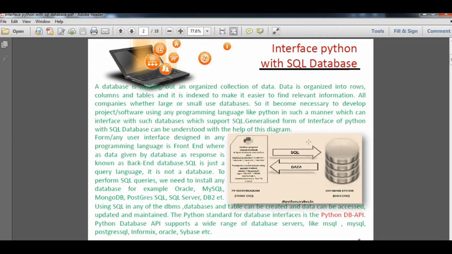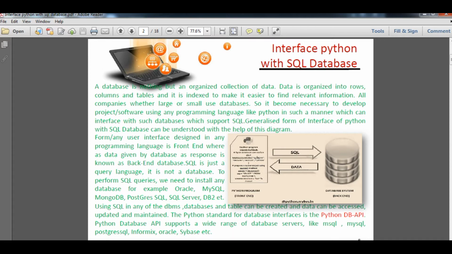Here you can see in this diagram a database and a language, Python. The database may contain tables, relations, tuples, triggers, etc. We can access it with the help of a database management system. SQL is not the database, it is not software, it is simply a query language, I mean to say Structured Query Language. We can access it with the help of a DBMS, that is, a database management system. Otherwise, we can access this data from the database with the help of Python also.